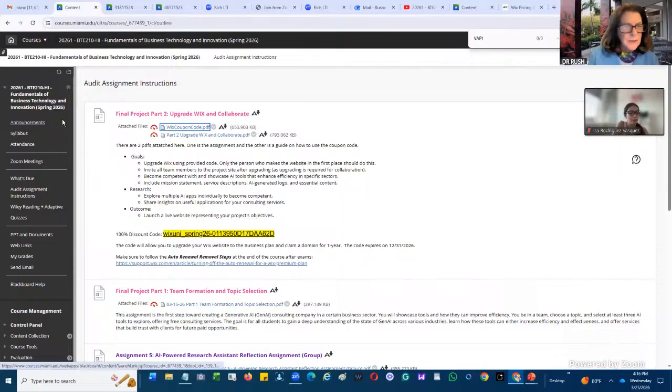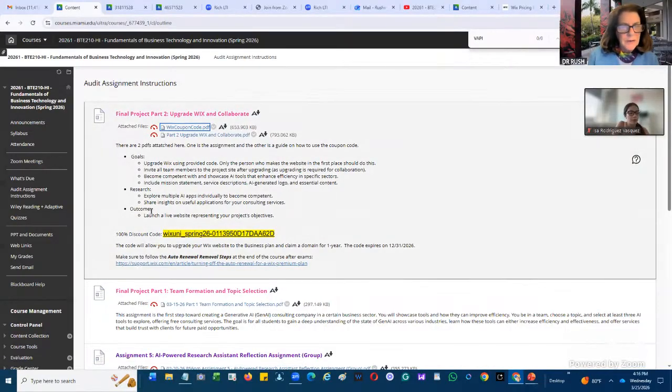So let's do this. We talked about this. Everybody understand the goal is to upgrade it, and then you're going to research, and then you're going to launch your live website. You need to publish it, and then you have to copy your URL and put it into your folder so we can look at it for Monday before class.